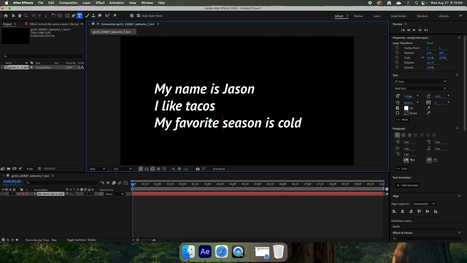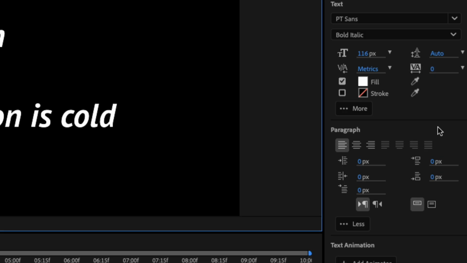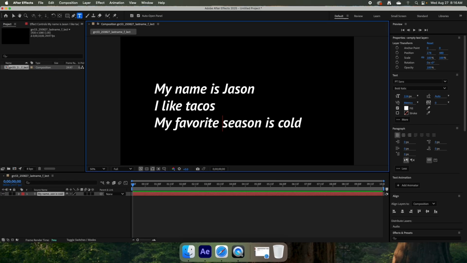The properties panel on the left-hand side over here is context sensitive to whatever is engaged with in the composition viewer or in the composition timeline. They are one and the same. So because I have clicked on this text, you can see that this text layer is selected. And as a result of that, I can change things